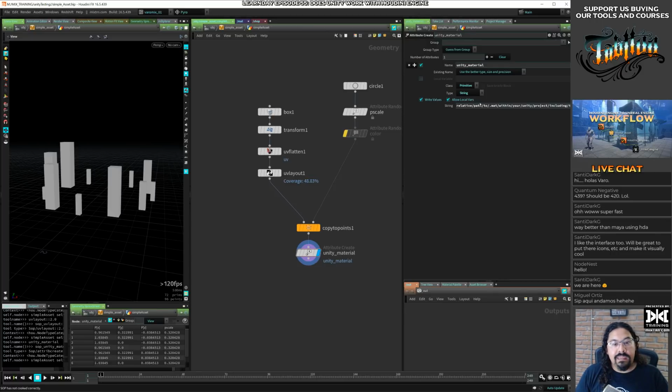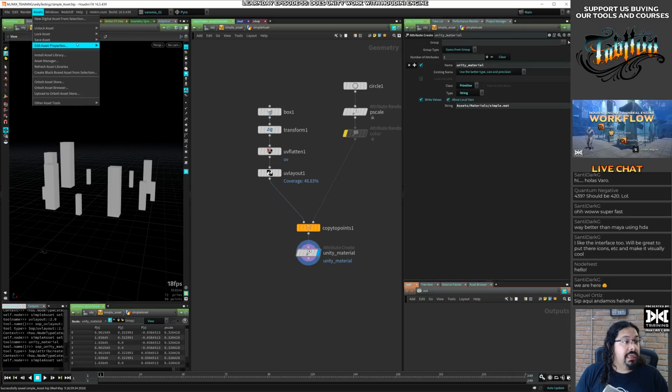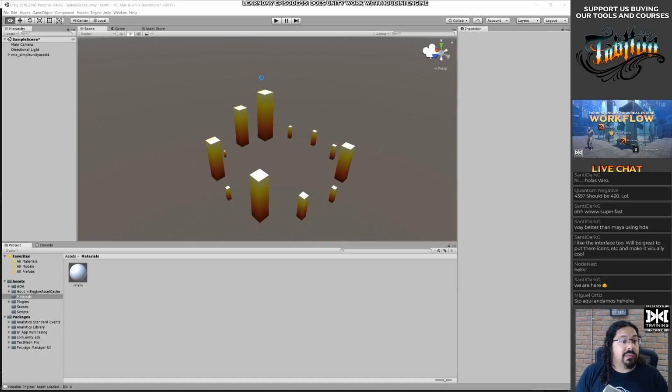Alright, I'm gonna assign it: assets, then materials, and then simple material. It said that I need to put mat at the end. Let's see if it works. Save the asset, save the world.